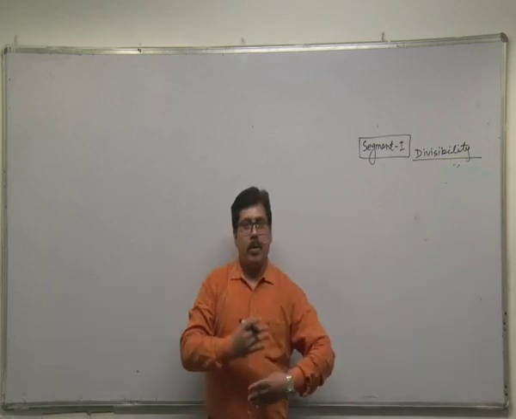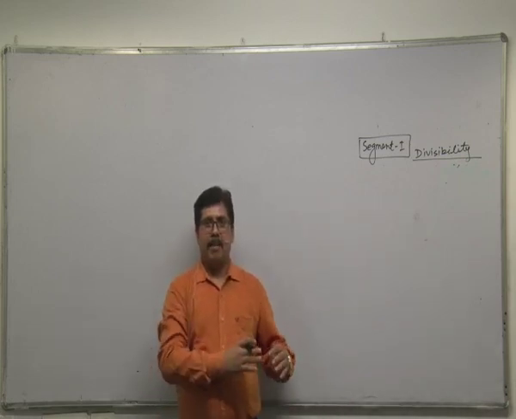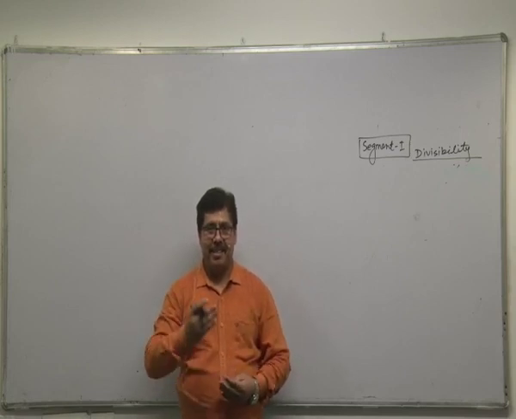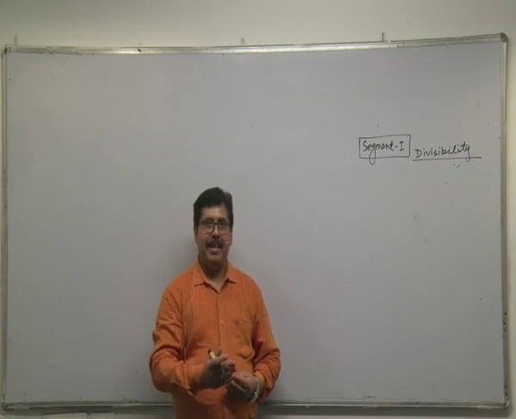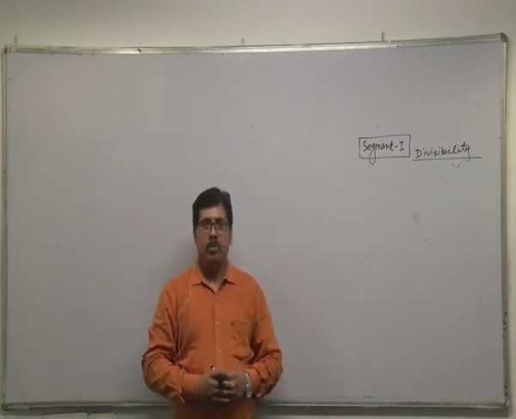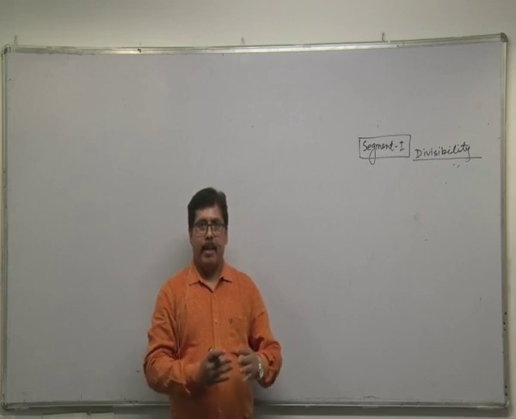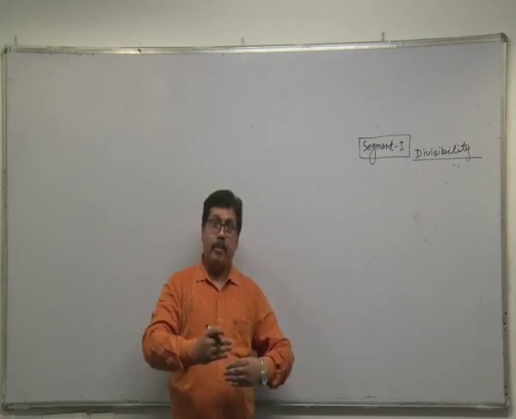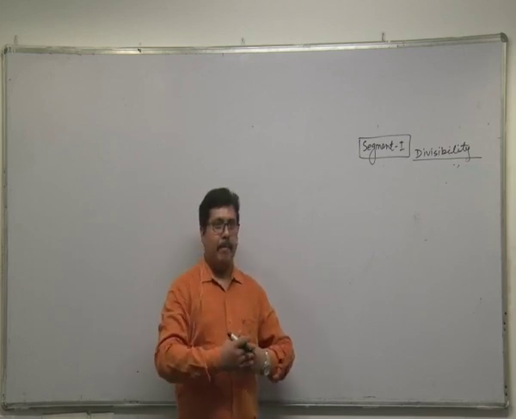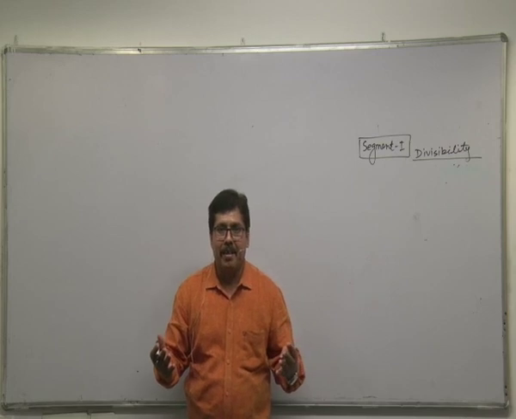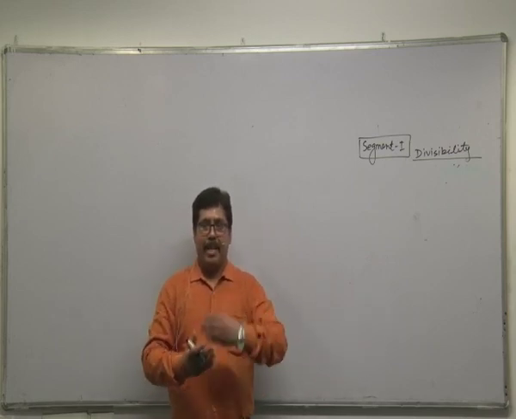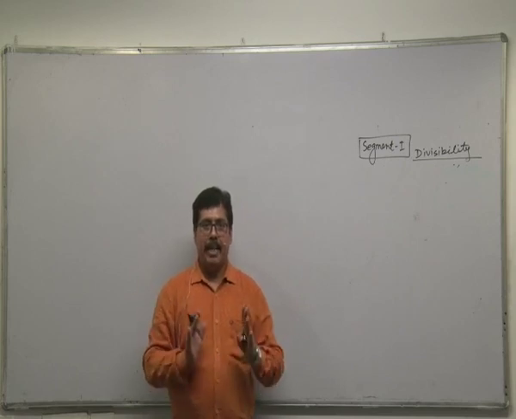So, I'm going to start this segment with the divisibility of numbers like 2, 4, 8, 16, 32, and various powers of 2. At the same time, I'm going to discuss powers of 5 also. And why 2 and 5? In our day-to-day life, which system are we using? Decimal system of numbers. Number 10 means 2 and 5. 10 is 2 into 5.